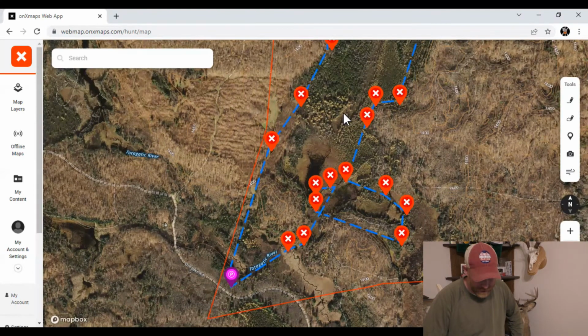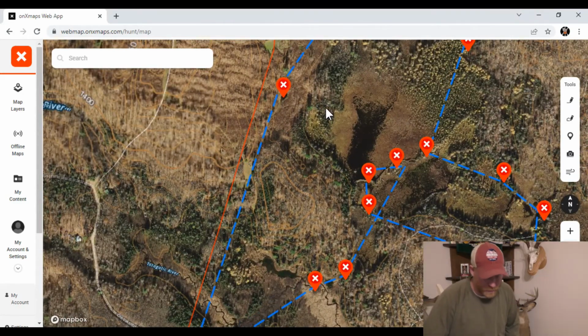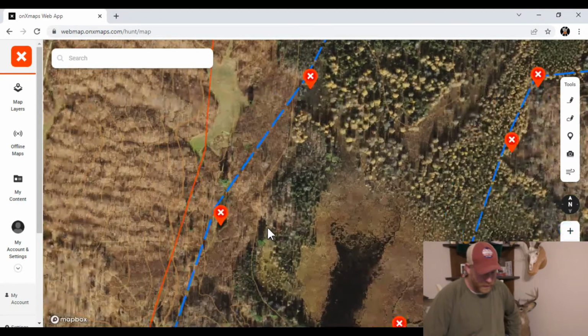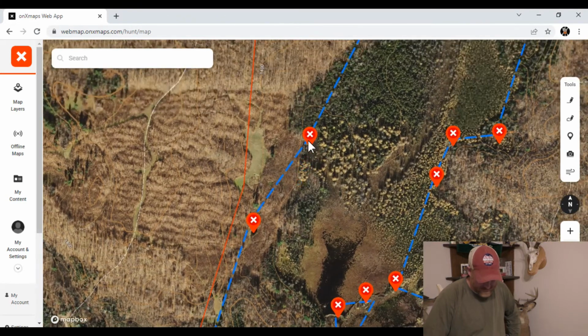So as we zoom up in the map here, park right here, and we've got a couple points of interest up here. The first one right here, this is something I might consider putting a trail camera up on public land, is this little isolated water hole right there. The reason I like it is because you've got probably some bedding along this transition here, and this clear cut is a food source,